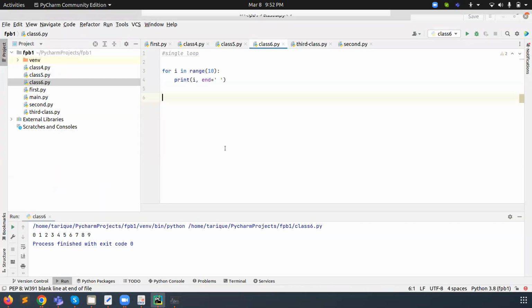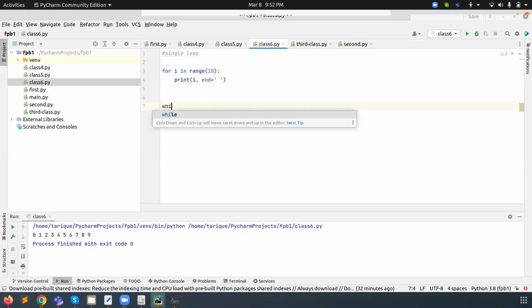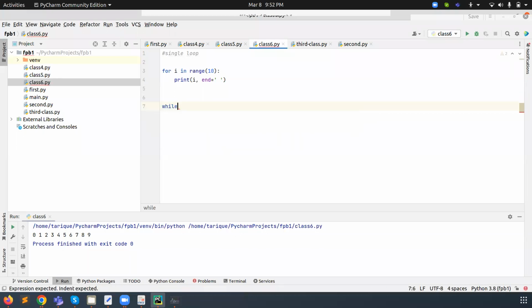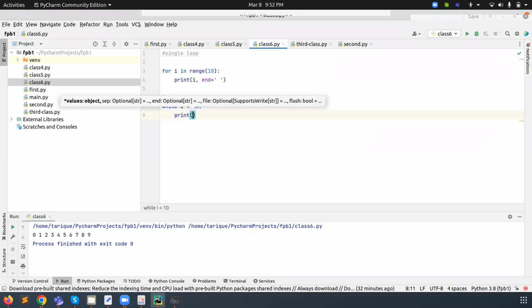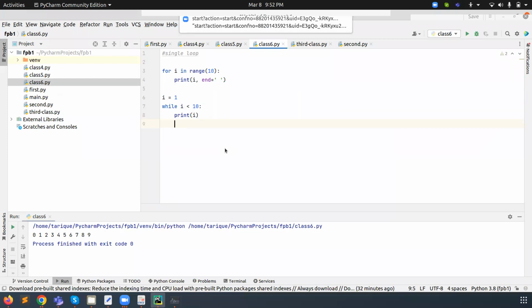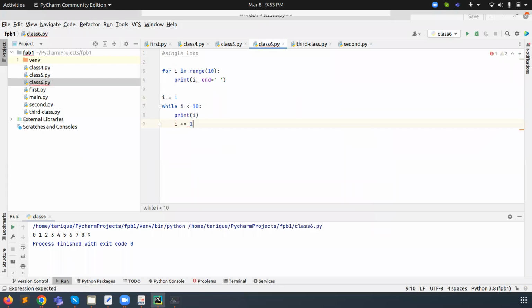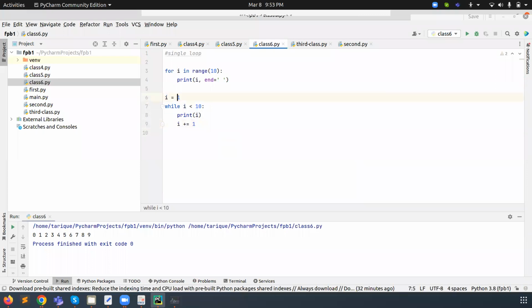So now we need to run the program here also. We can use a nested while also. This is possible. So we have defined I equal to 1, while I less than 10, then print. Either we can print before or print later, no problem. Then I equal to I plus 1.